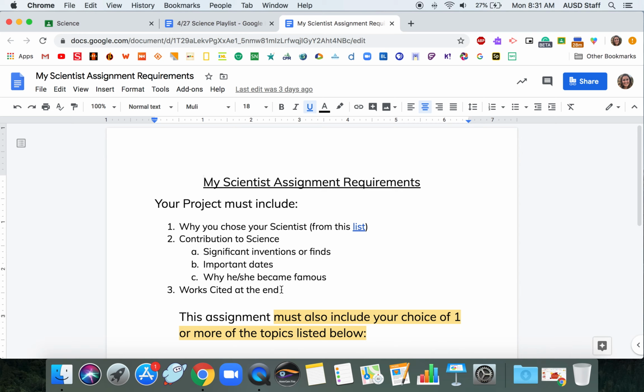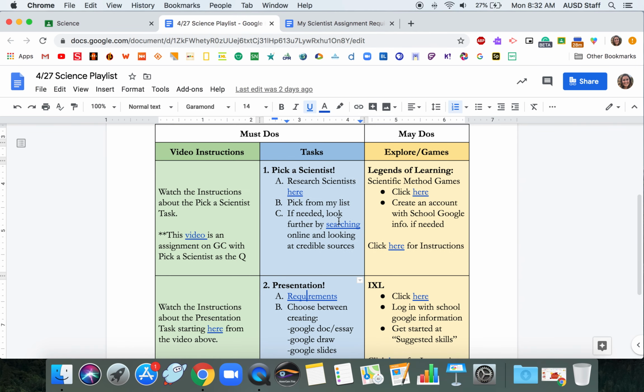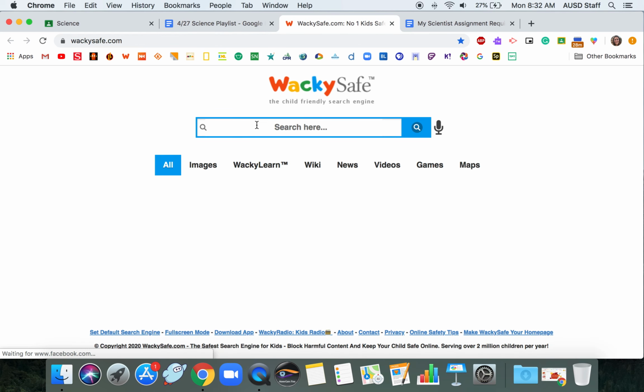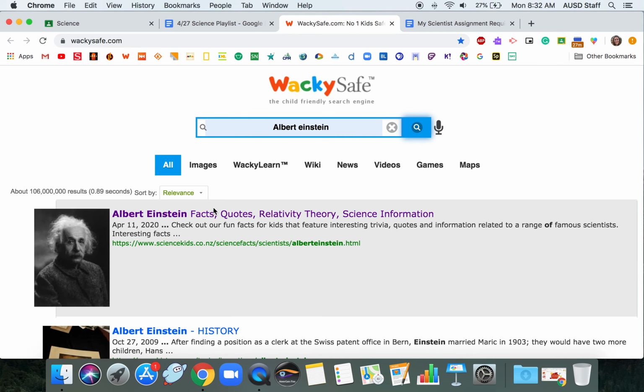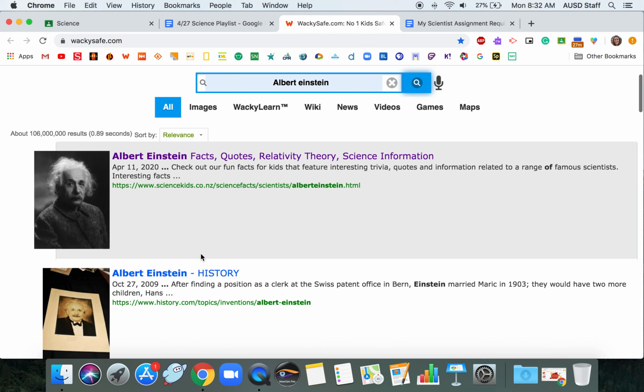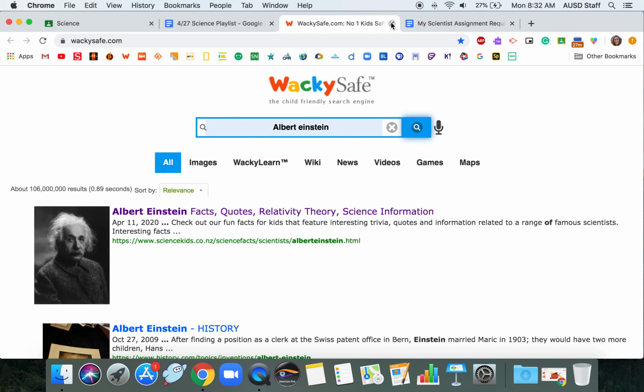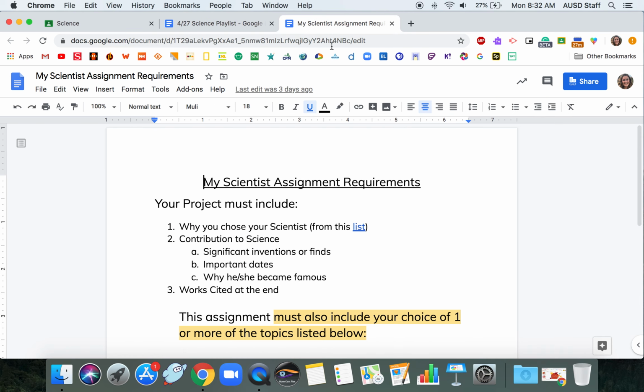Your student can use the resources I provided, or if they would like to, going back over here, they can search further. I suggested in my video to use this wacky safe search engine so that if you were to try Albert Einstein, you're only seeing child-friendly websites. Let's see if it works. There we go. So this is from Science Kids. This is from history.com, nobelprize.org, and they are credible, mostly. Okay, going back to the